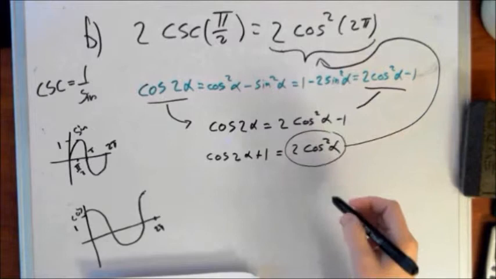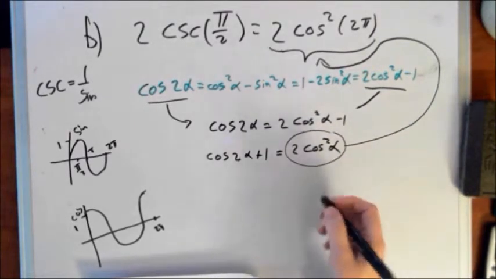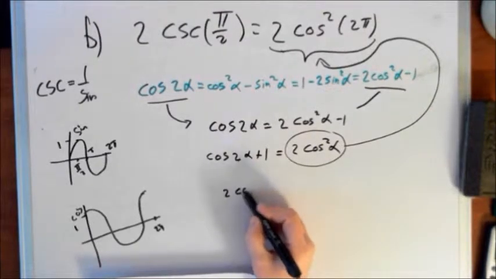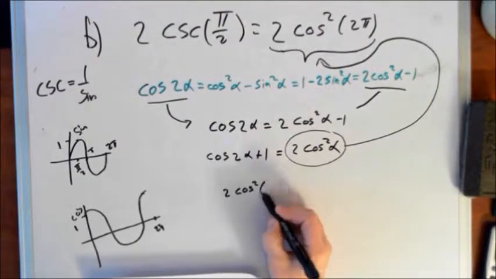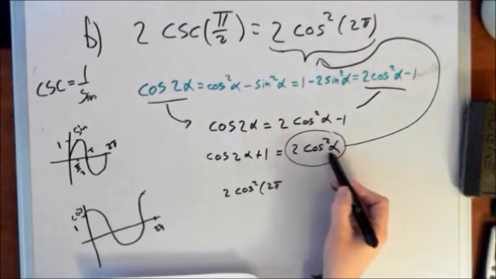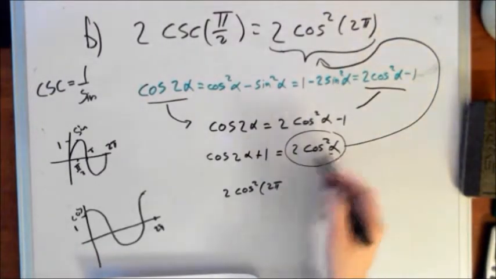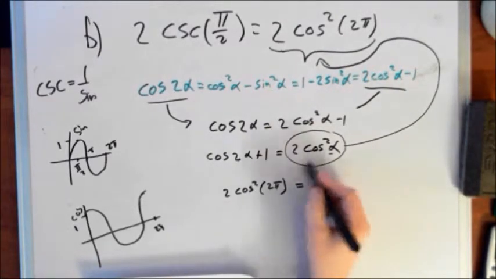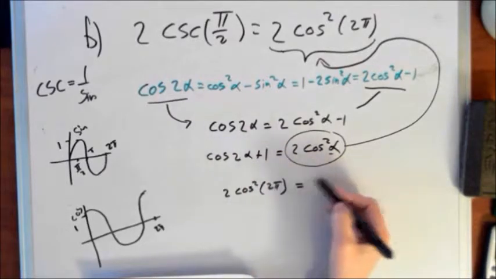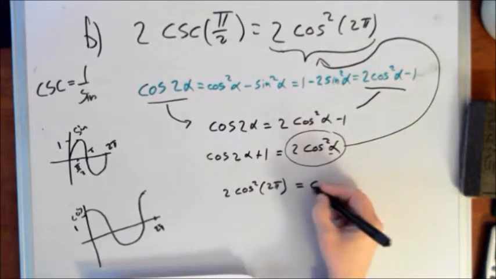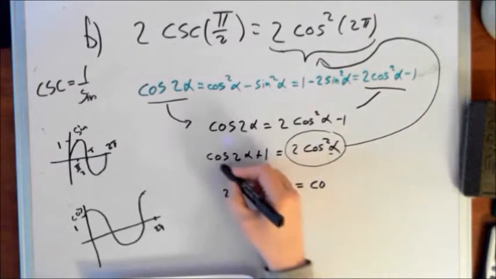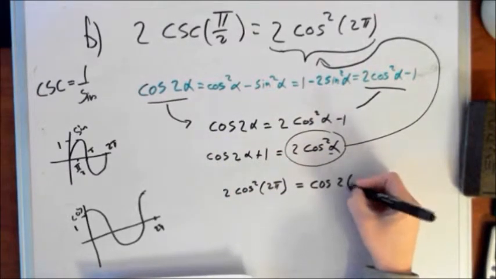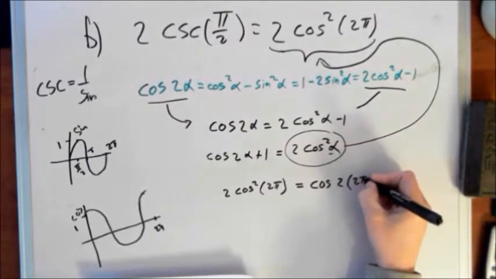So if I just want to rewrite that, I've got 2 cosine squared 2 pi, because this is alpha, plugging that into that equation. I'm just moving it over to this side, and then moving this component over to the other side here, and plugging in alpha. So cosine 2 times alpha, which is 2 pi,